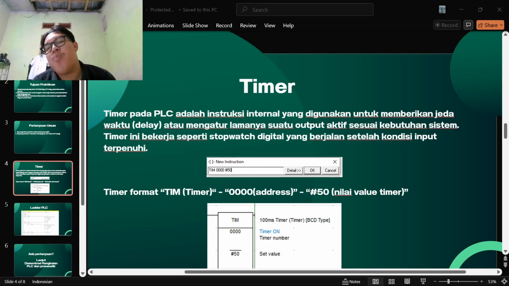A pneumatic cylinder might need to extend, wait for a delay, and then retract. All of these scenarios require timers.